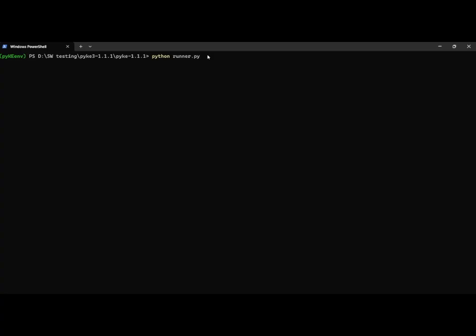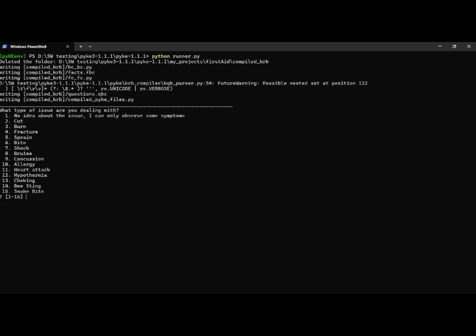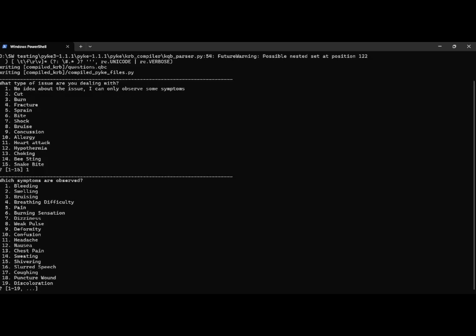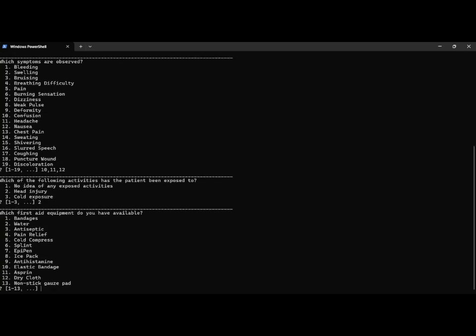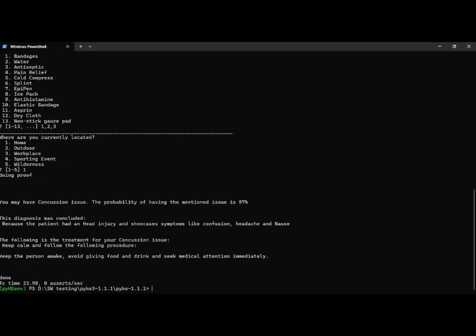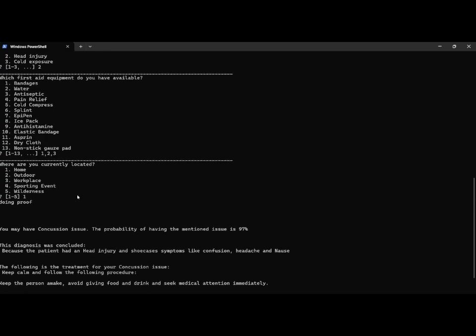Let's see a demonstration of different uncertainty scores. So I'll say no idea. Then I'll input that I have confusion, headache, and nausea. And I'll say I had a head injury. So here I have given 3 symptoms and an activity, altogether 4 observations. And I'll say I have some of these. And you can see here, since I gave 4 observations,